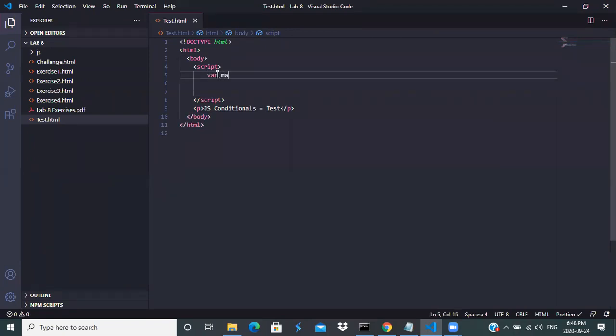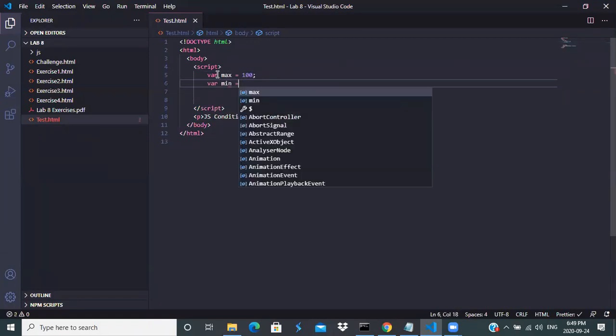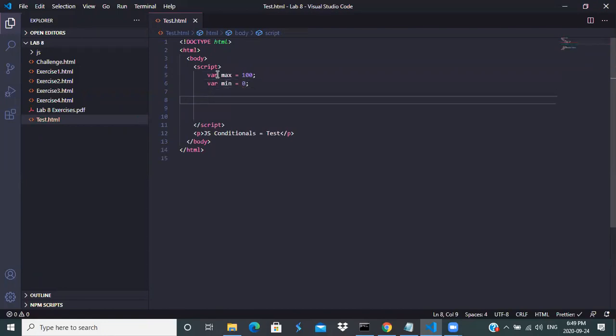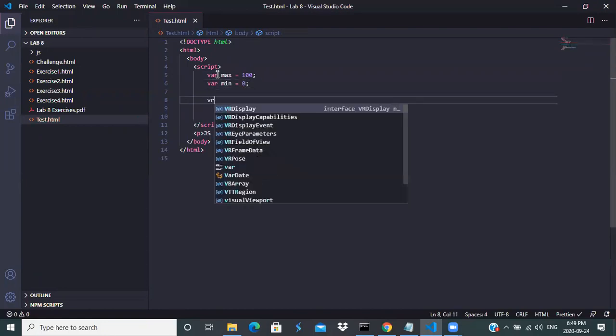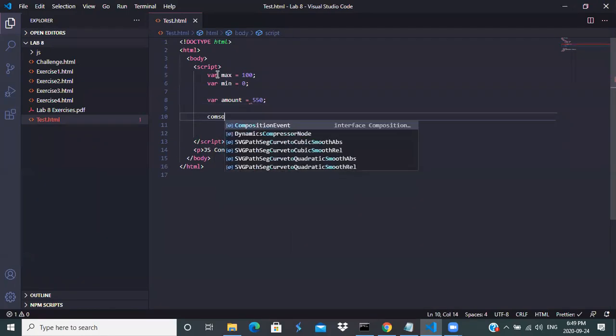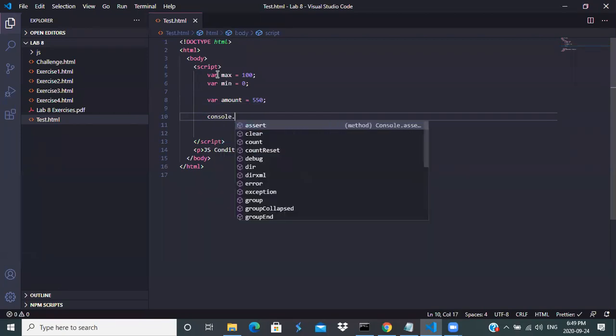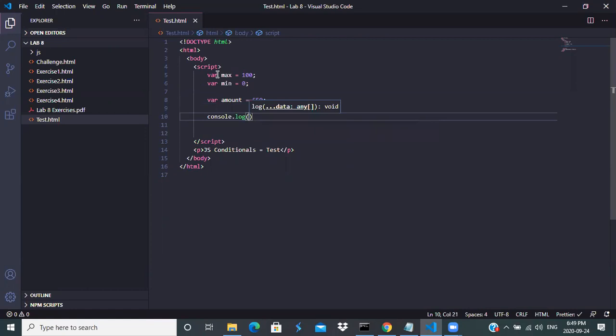Let's just say max equals 100, min equals 0. If I'm going to have a variable amount equals whatever, 500, 550, as I am typing, you can see, log, it'll have one parentheses. So I could actually say total is,